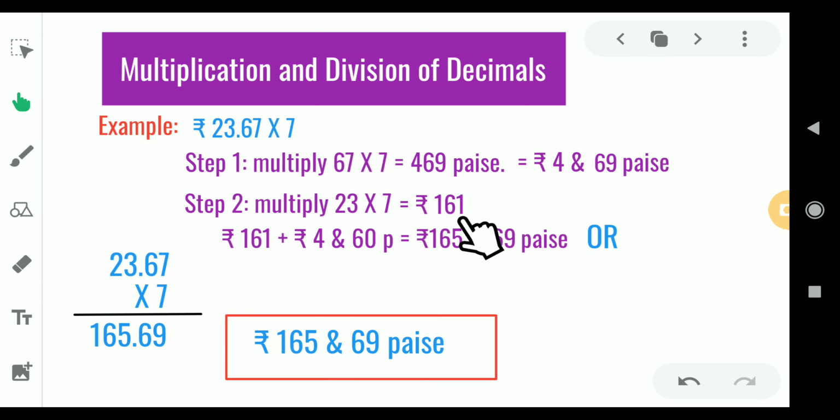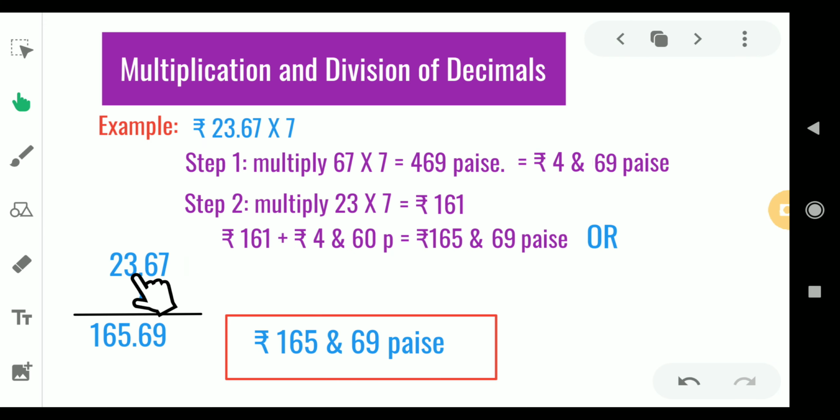161. Now add both of these, 161 and 4 rupees 69 paise. So first we add rupees and rupees. So 161 plus 4 will be 165 and finally 69 paise is written as it is. So when you multiply 23 rupees 67 paise with 7, you will get the product, that is 165 rupees and 69 paise. If this looks like a time consuming activity, we still have another method, that is take the number as it is, that is